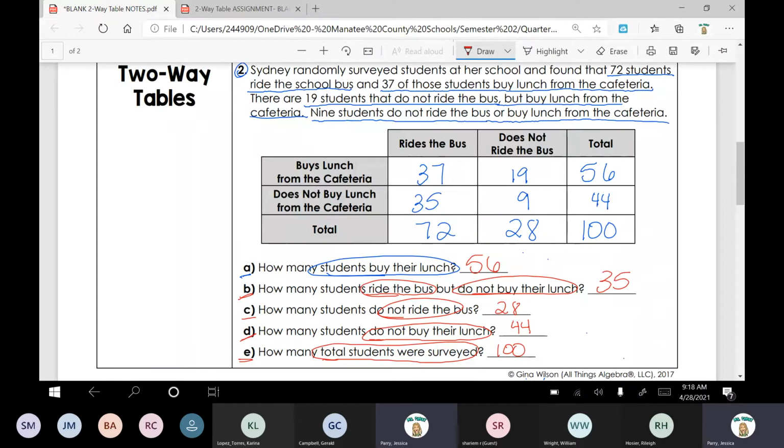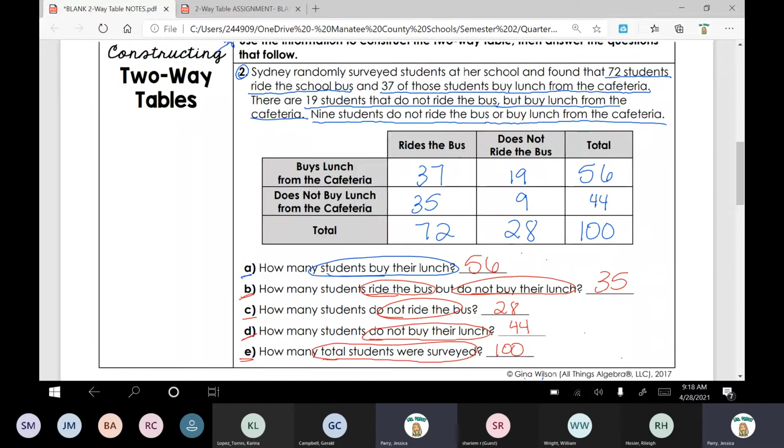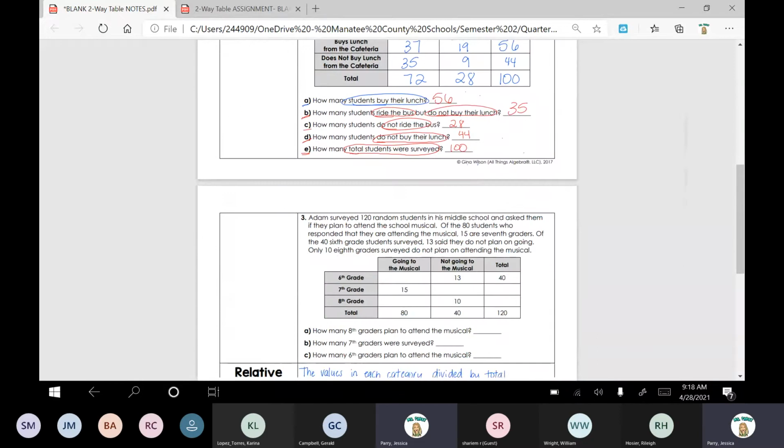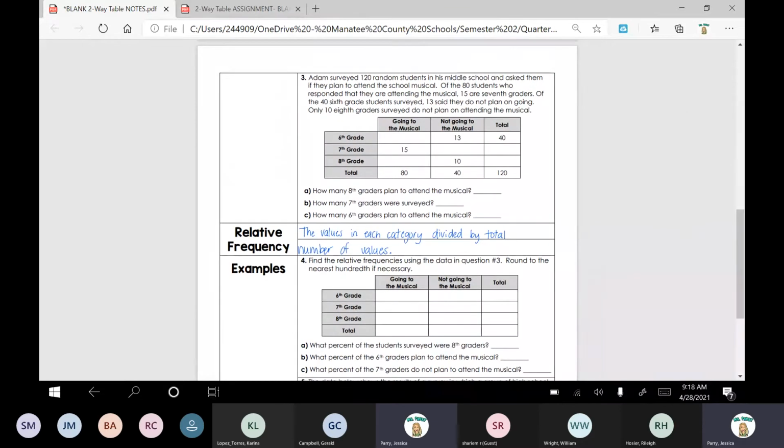Awesome. Okay. So far, I know we've only done like two examples on this. How do you guys feel about this? Give me like a 1 through 5. 1 is like, what's a two-way table? And 5 is like, I feel like I could teach this. This is really easy. So go ahead and type that in, or you can turn your microphone on. Awesome. So you guys are feeling so far pretty good about this. Usually you guys are like at the 3s. I see more of the 4s and 5s. Awesome. So let's keep on, or actually,